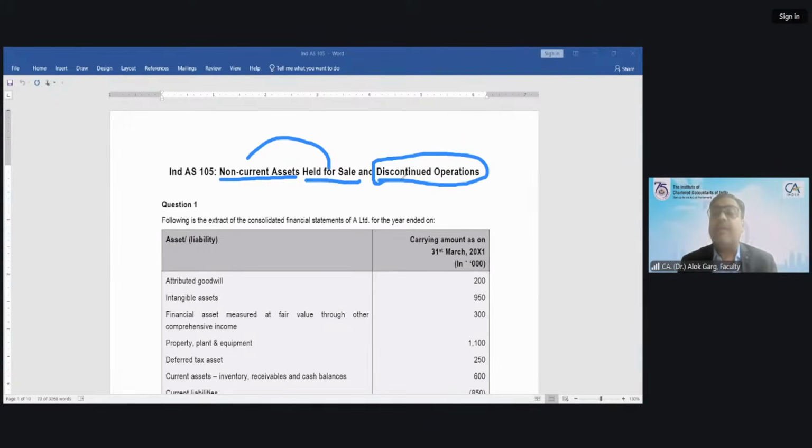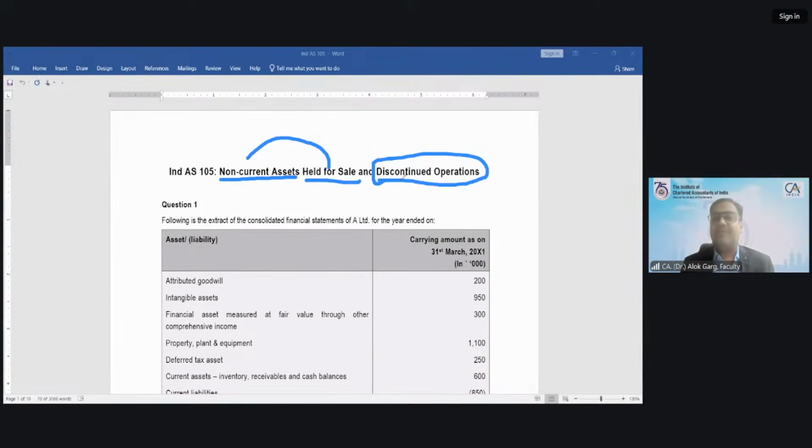When is a building a non-current asset? A building will move to current asset when it is classified as held for sale. So the question comes, when will a non-current asset and disposal group be classified as held for sale? There is a recognition criteria which says that,